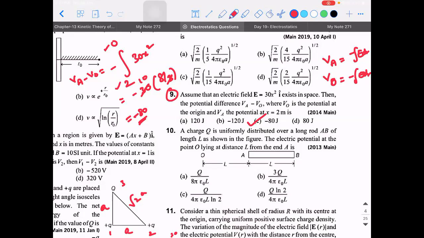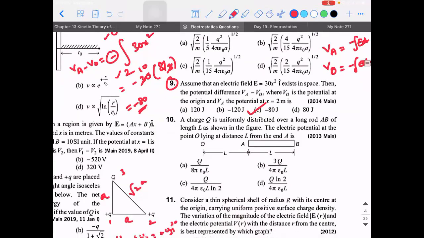The logic also, see, if suppose you get the positive value, if suppose you're ignoring the minus sign. I told you one logic, right? When you're doing it mathematically, take the minus sign. So integration is only mathematics. But what I meant by physics is, if suppose you're doing it mathematically without the negative sign, you would have got the answer as 80 joule. But if you take 80 joule, it is wrong because, can someone tell me why 80 joule is wrong? Can you use the physics knowledge and tell me?